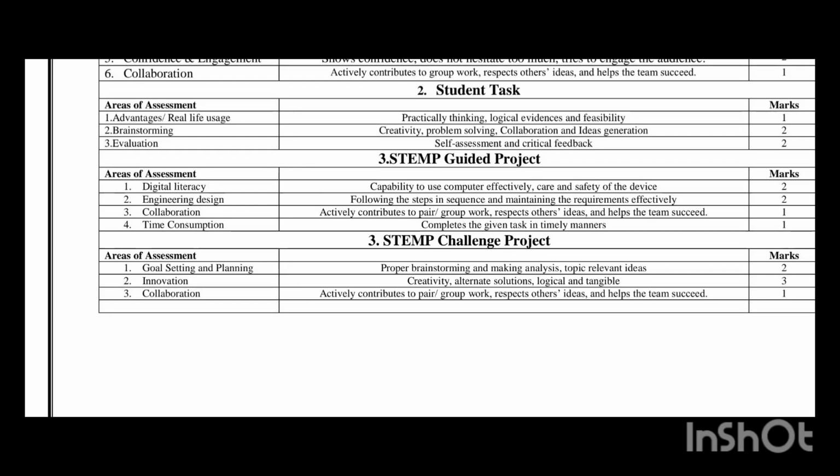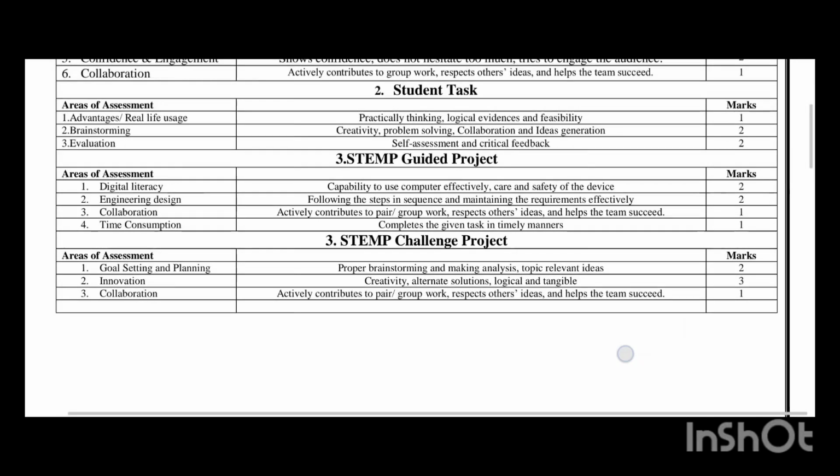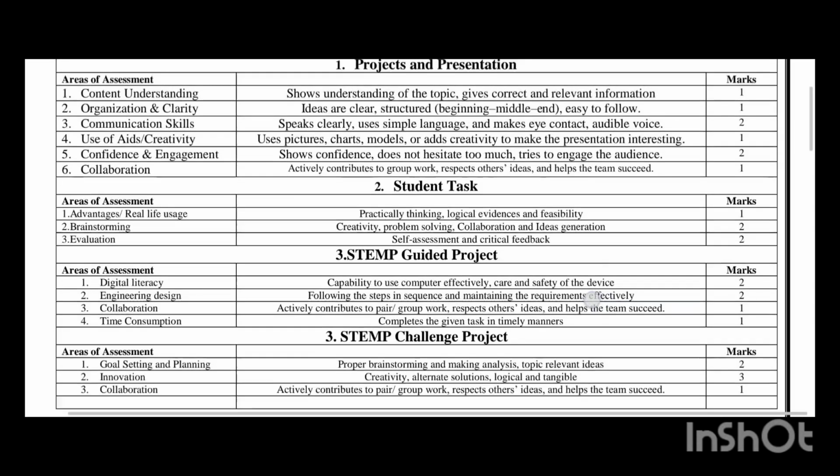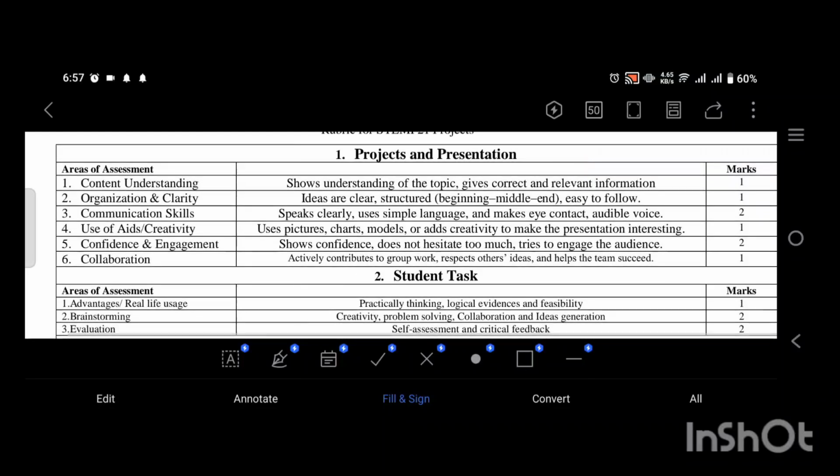And secondly, we have innovation. How innovative is the student, whether he integrates creativity and has alternate solutions, logical and tangible? If these things are there, then 3 marks must be provided to the student. And lastly, we have collaboration: actively contributes to the pair work, respects other ideas, and helps the team succeed. So again, we have 5 marks for the projects. So in total, if we count here,